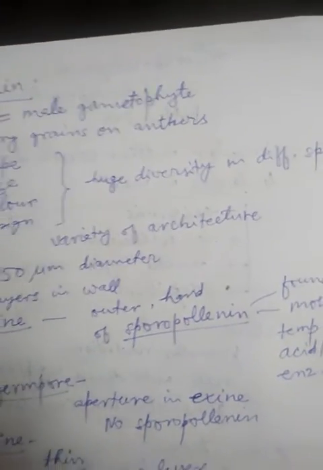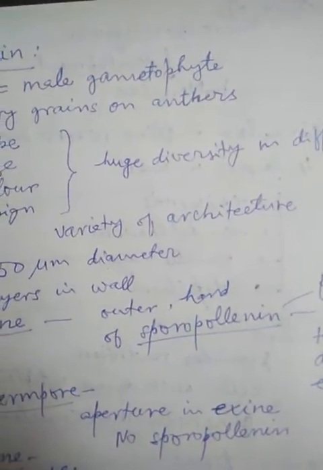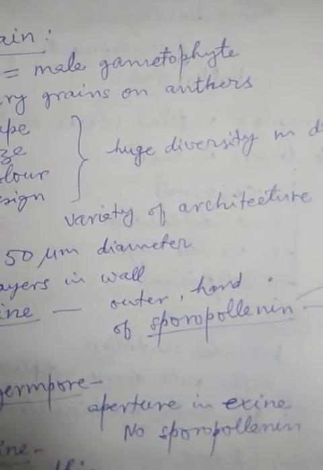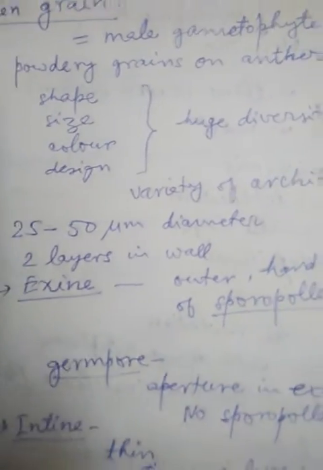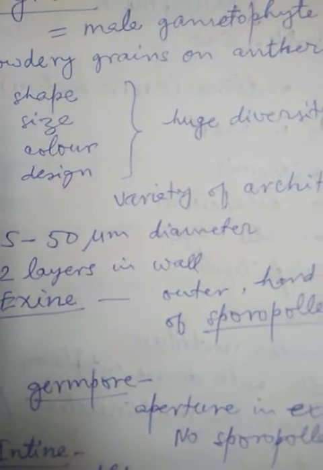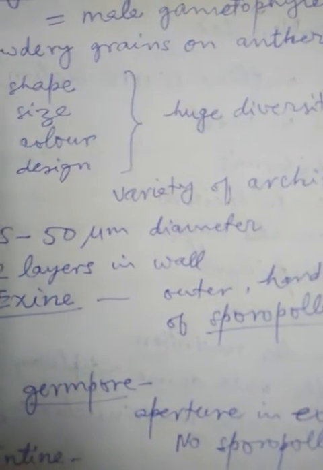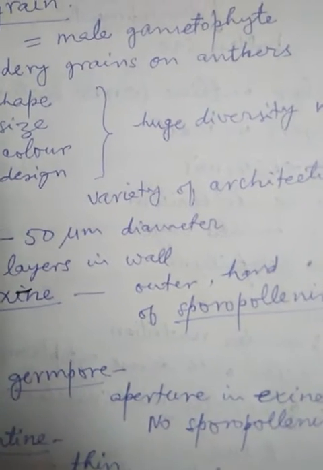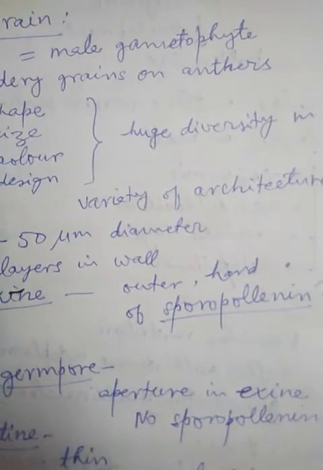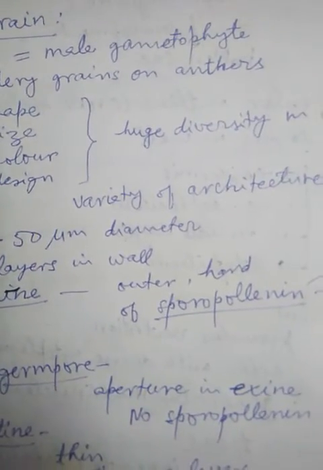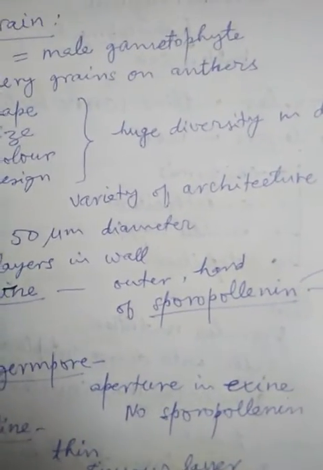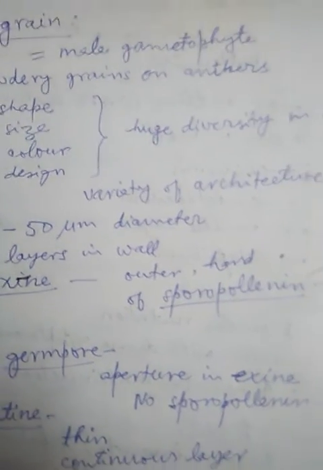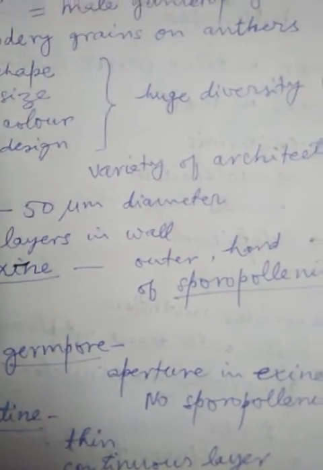Okay, if you see size or shape, most of the pollen grains will be nearly spherical or almost spherical in shape. Sometimes they may be a little bit oval or a little bit longitudinal or cylindrical, but mostly they are spherical in shape. And the diameter for most of the pollen grains is 25 to 50 micrometers, right? So 25 to 50 micron is the diameter of the pollen grains usually. However, there might be certain pollen grains which are smaller in size and certain grains which are also larger in size.